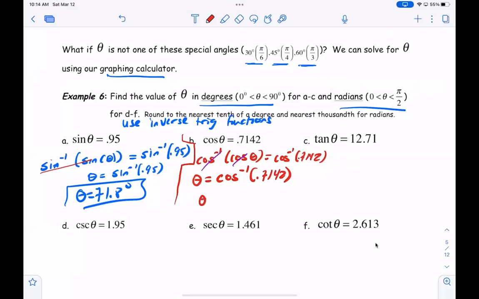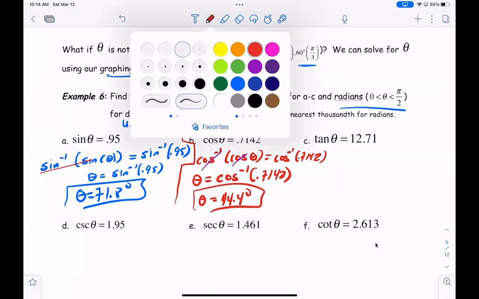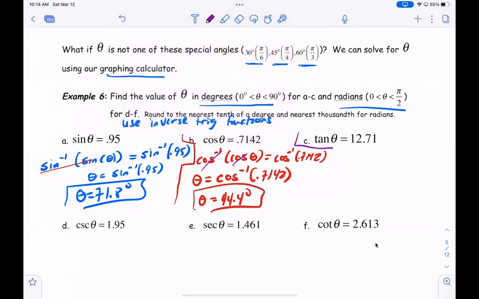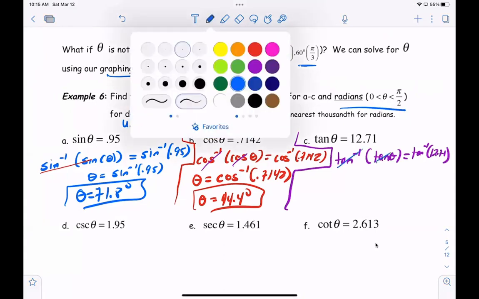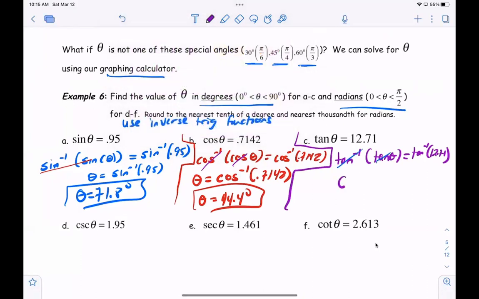So theta here is equal to 44.4 degrees. I think you're starting to see the pattern here. If we want to undo tangent theta, we can use the inverse function, which is tangent inverse. So I'm going to write tangent inverse of tangent theta is equal to tangent inverse of 12.71. And on the left side, tangent inverse of tangent theta undoes the trig function, and that leaves us with theta is equal to tangent inverse of